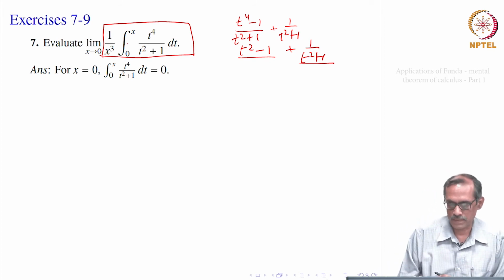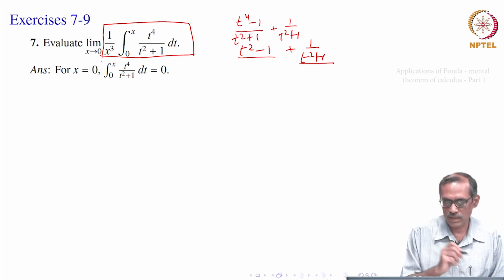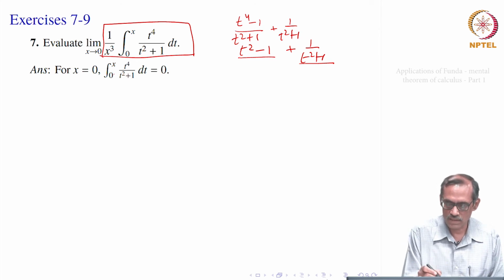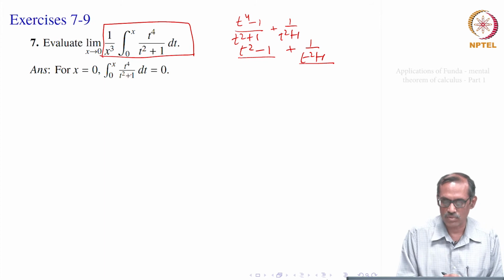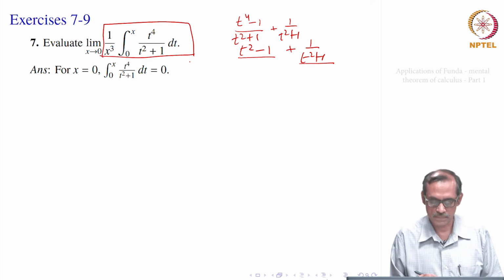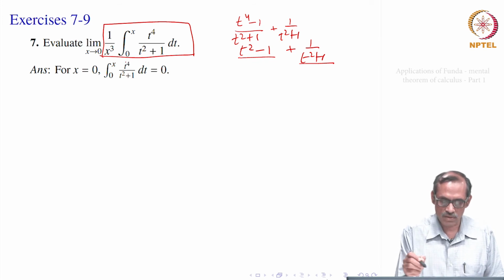We look at this, what is happening. As x goes to 0, its denominator is x cubed. So, that goes to 0. Now, the limit does not exist if the numerator does not go to 0 when x goes to 0. But what is the numerator? It is integral 0 to x t fourth by t square plus 1 dt. When x goes to 0, this continuous function x goes to 0. So, it will be 0 to 0, integral will become 0, right, that will be the limit. Okay. So, integral becomes 0 when x equal to 0, that is limit of the numerator is 0, limit of the denominator is also 0. So, it is in 0 by 0 form,